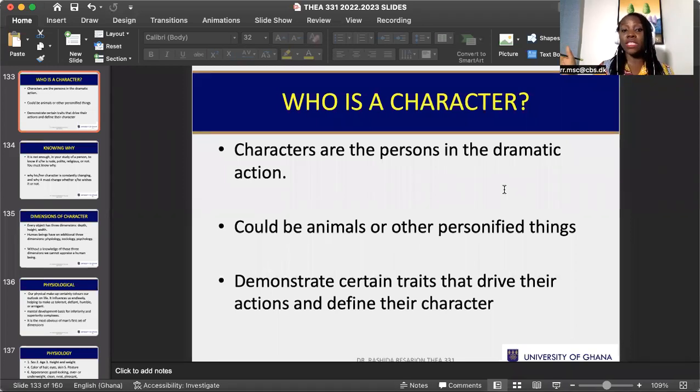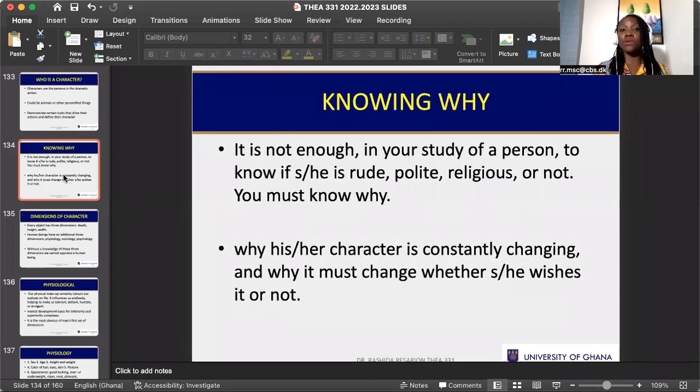If they make good choices, we say, oh, this person is a good person. If they make bad choices, we say this person is a bad person, and so on and so forth. And so it is based on certain things that the characters do repeatedly. In one scene, the person says one thing. In another scene, the person says the opposite. And then it keeps on, and we form opinions about them through that process.